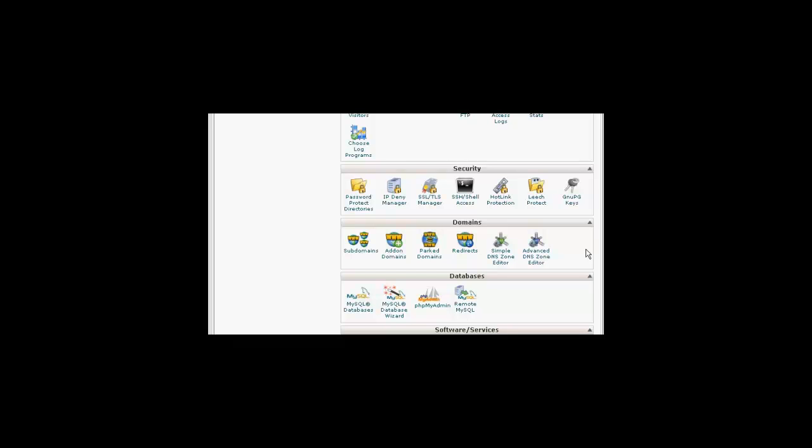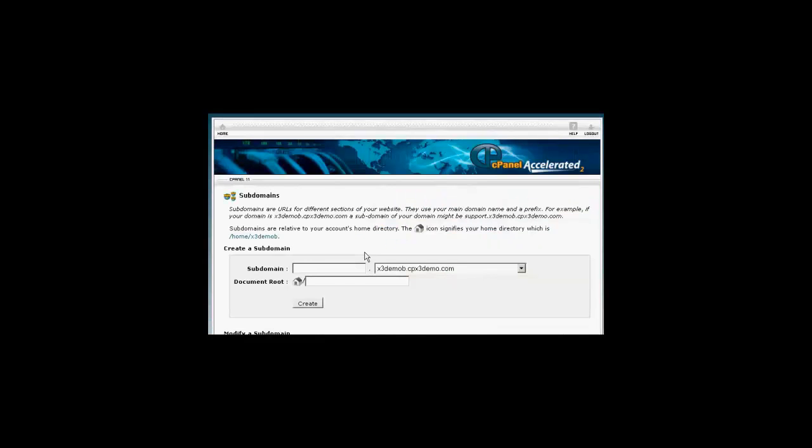Okay, I'm going to install a subdomain first, so come over here to where it says subdomains and click on the icon, and you'll see here there's the box where you can input your subdomain, and if you have more than one domain on your hosting account you can choose from the drop down menu. In this particular case there's only one, so we're going to leave it at that. So type in our subdomain, let's call this shopping cart,